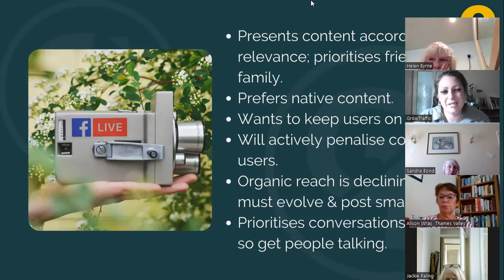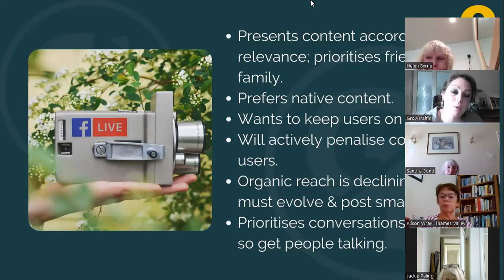Facebook knows, it's not stupid. It knows that there is still a link there, and that link is sending people offline, but it's just a little bit less of an obvious "I'm going to send people off your website in order to go and promote something that I want them to look at." So it's just about being a little bit subtle.